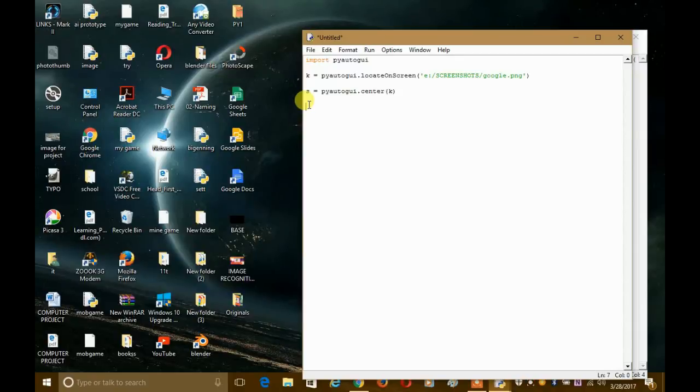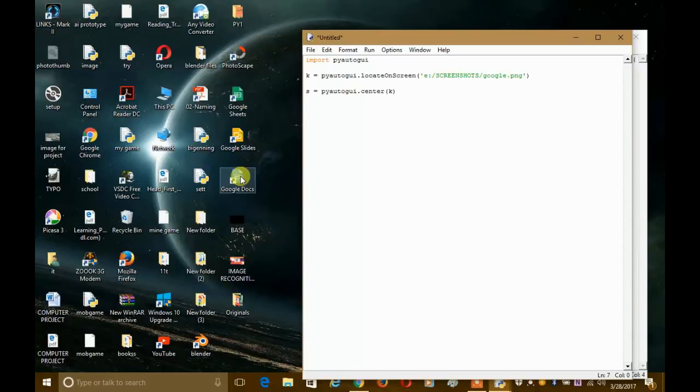Since I wanna demonstrate how it works, I will call the function pyautogui.moveTo, so that you can see the mouse moving from here to here. That means the program has recognized the image. And remember guys, we have not got any coordinate of this place.